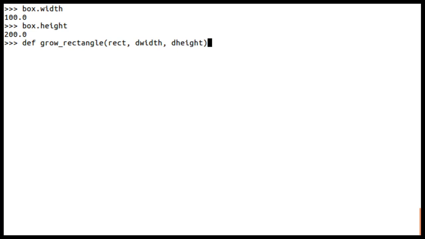Right, now here rect.width is equal to, so I'll directly use the short notation, plus equal to dwidth, and rect.height plus equal to dheight.